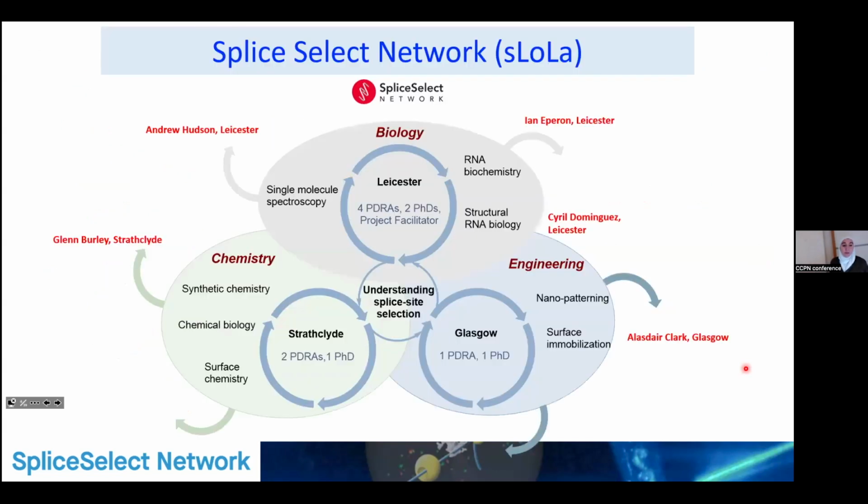So we have 5 labs on this project, 3 in Leicester, the lab of Andrew Hudson, Ian Eperon, and Cyril Dominguez, and 2 in Glasgow, Glenn Burley for chemistry and Alice McClare for engineering. Each lab has its technique, and in the Cyril lab, we work mostly by NMR to analyze the interaction between different splicing factors or binding domains of these splicing factors and a portion of the pre-mRNA,